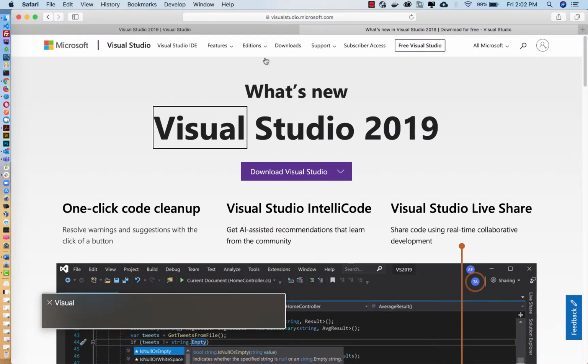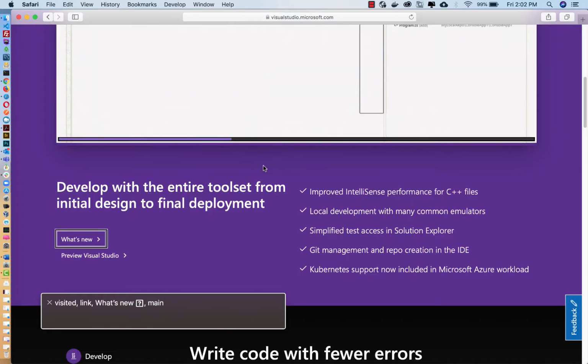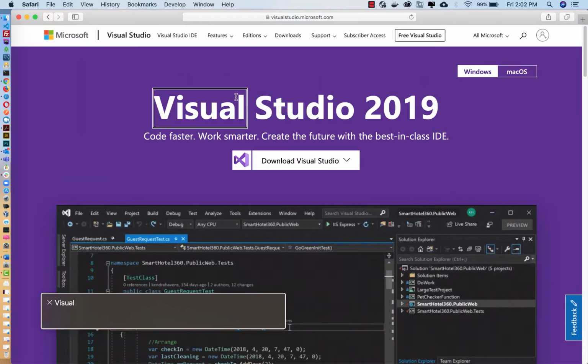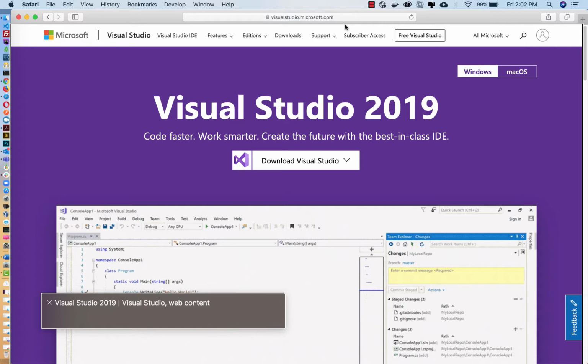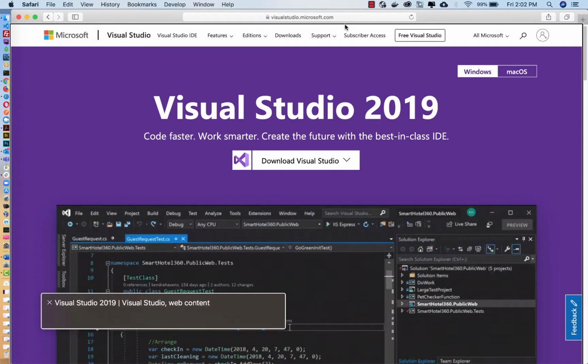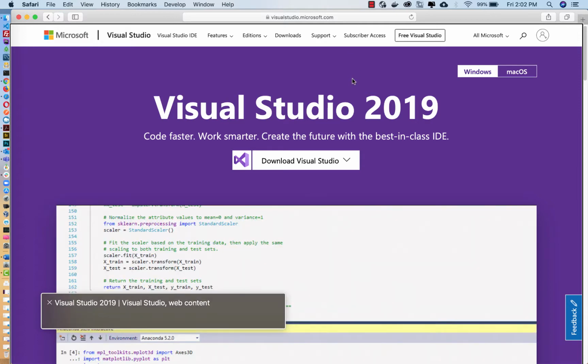Safari, Visual. You are currently on a heading, Visited, Link, Develop. Menu 3 items, Visual. You are currently https:// Visual Studio. So guys, I just loaded the visualstudio.com/vs page. That's visualstudio.microsoft.com/vs. And to enter this page, click on the page, and then press the Shift, Control, Option, and down arrow